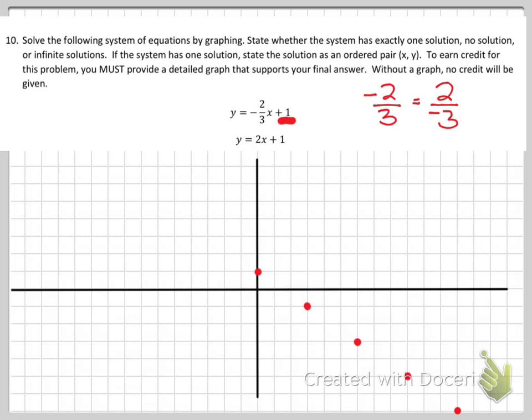To get that, I can go up 2 and left 3, up 2 and left 3, up 2 and left 3. Okay? And lastly, now that I've done that, I can connect all of these points with a straight line. Okay, so it's really important to note that if for some reason I had only drawn 2 points on this